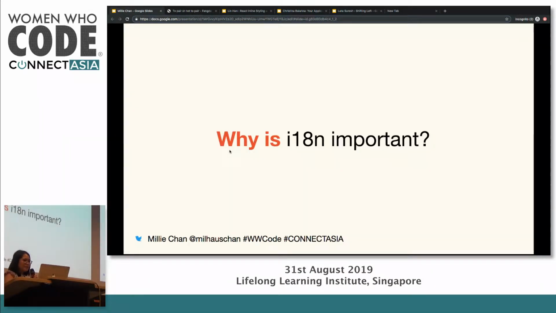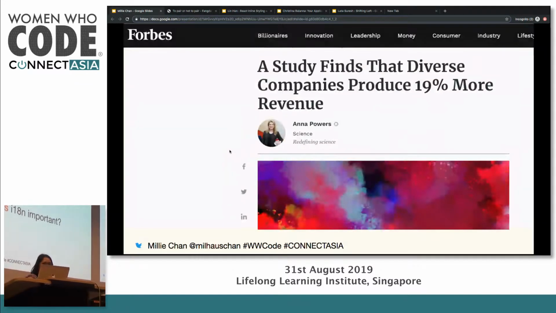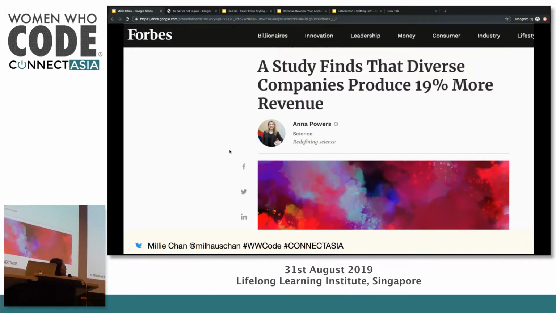So now that we have the terms, why are we talking about I-18N? Why is this important? And so when I was Googling stuff, I only see that it's 2019, and somehow we're still only talking about diversity in terms of how much money it's producing for companies. But I don't actually see a lot of examples as an engineer of how this manifests through product code and decisions. And I wanted to use this opportunity to just dive deep and see what actually changes when you internationalize your code base.